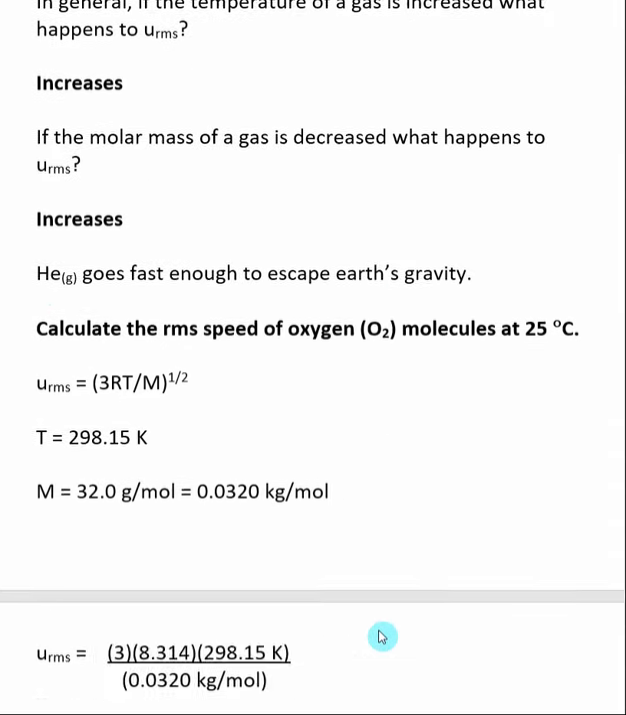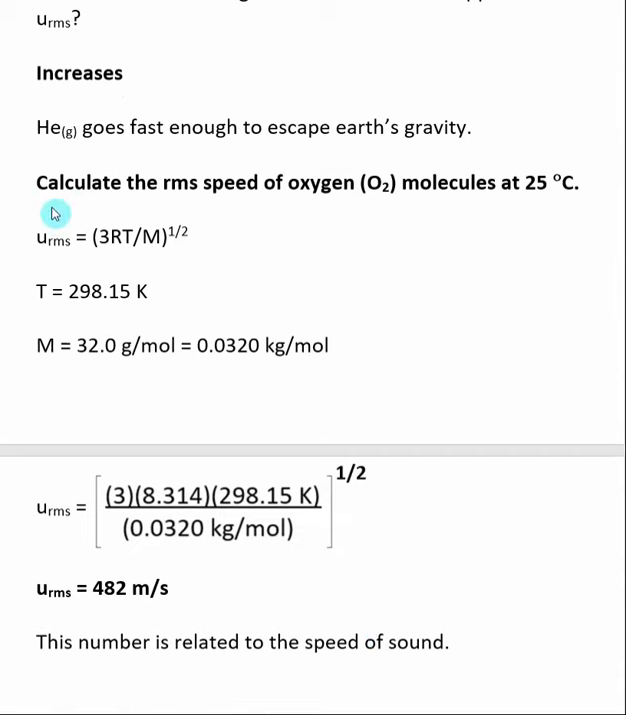So here's a classic question where we ask to calculate the Rms speed of oxygen, that's O2, molecules at 25 degrees C. So we use this equation. We want to plug in our variables. The temperature is given as 25 degrees C. We need to convert that to Kelvin. The molar mass of oxygen is 32 grams per mole, but we need this in kilograms per mole for our equation. So you divide by 1,000. R is a constant,